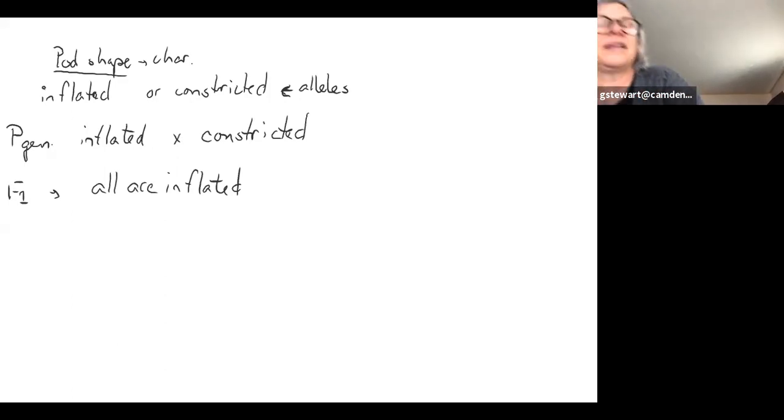Tell you what, I'm going to give you 30 seconds, a minute to think about that. I even put you on a timer so that I don't start talking before I said I would. Then I'm going to start filling them in, and you can think about whether that's what you picked or not. First thing we have to do is assign symbols or letters. You want to start with assigning letters for the P generation, and then if you can, try to make your first Punnett square.